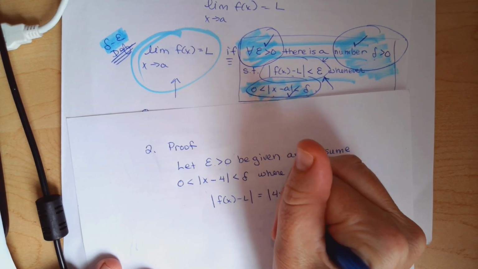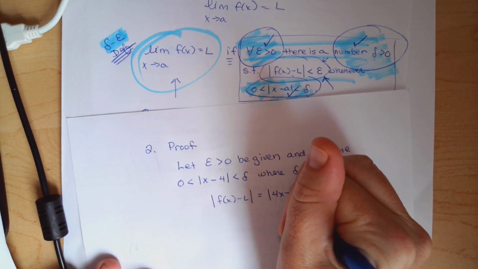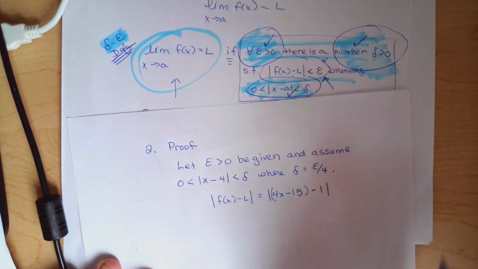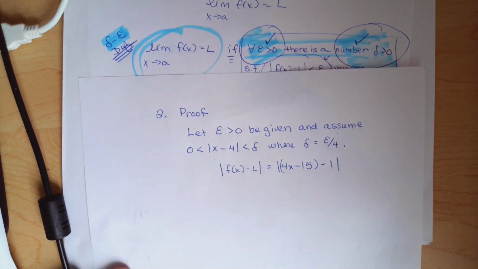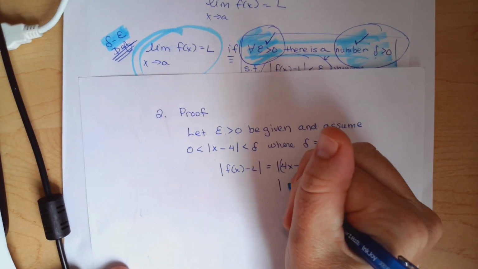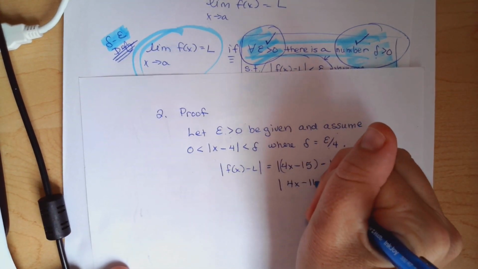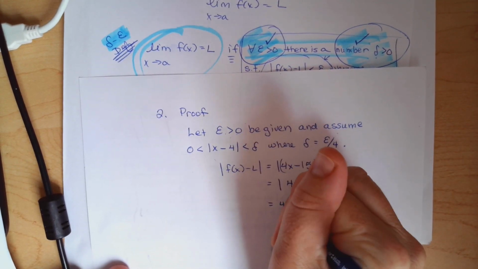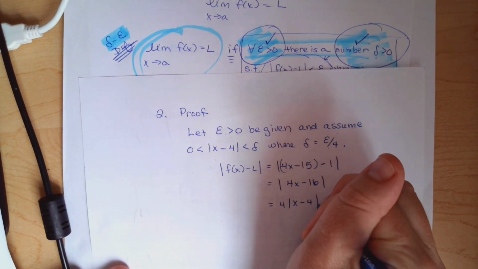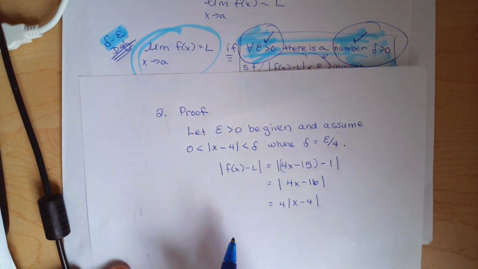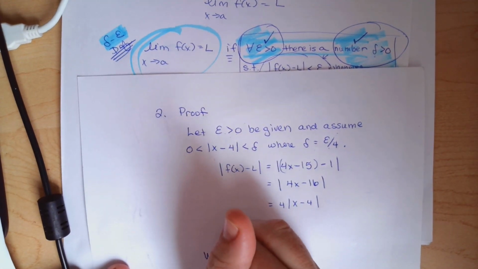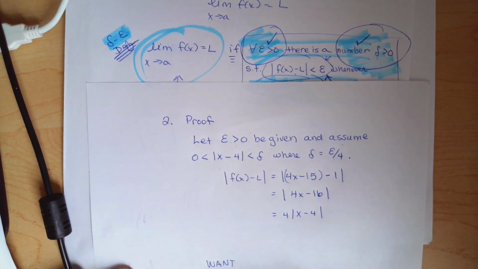So we get |4x minus 15 minus 1|, okay? Not a big surprise. And so what do we get? We get |4x minus 16|, which equals 4 times |x minus 4|. And so what do I want? Let's not forget about what I want, right? So I want, what do I want? I want this,